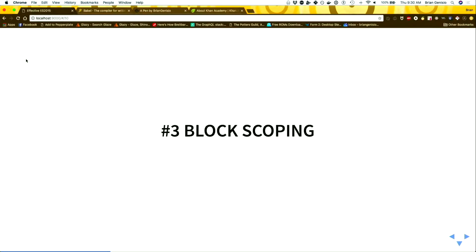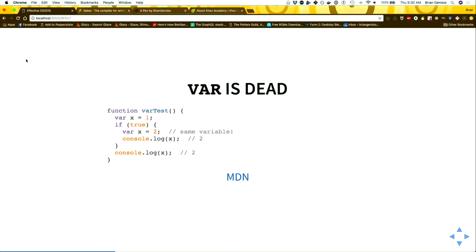All right, the next one is block scoping. So var is dead. Again, opinions, right? But there's this thing about var in JavaScript, and you may all know it: any variables defined with var in JavaScript are function scoped, not block scoped. Which means if I write this, var x equals 1, and then I have a block, and I say var x equals 2,